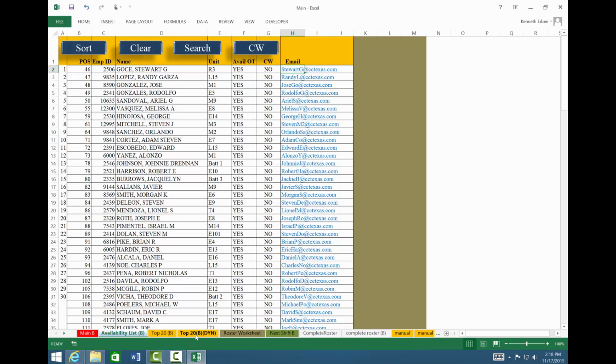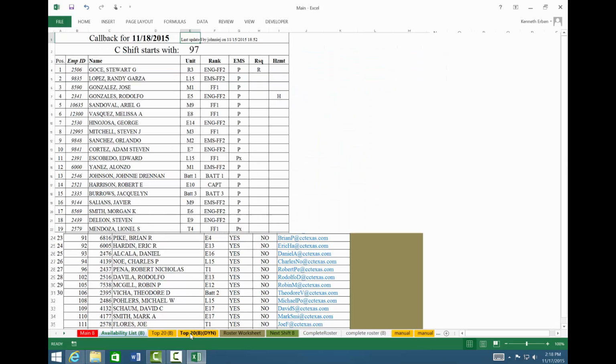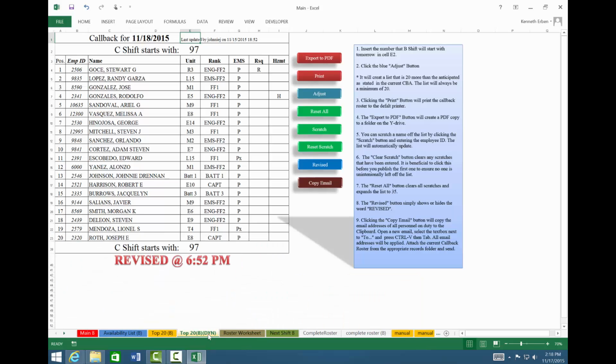So the next thing we need to do is go down here to the bottom, top 20 B dynamic. If you're on C shift, it'll be the top 20 C dynamic, or A shift, top 20 A dynamic. And it comes here to our dynamic roster. Okay, and you can see the instructions down here on how to do this if you need